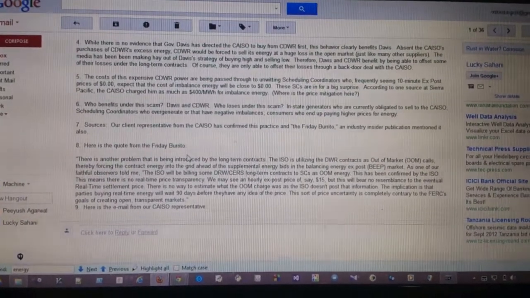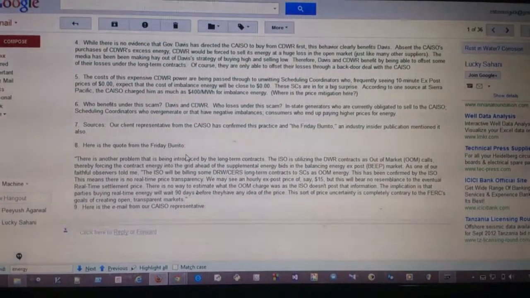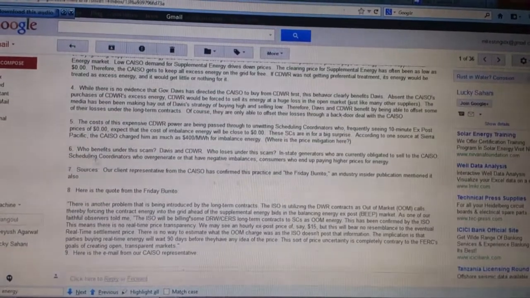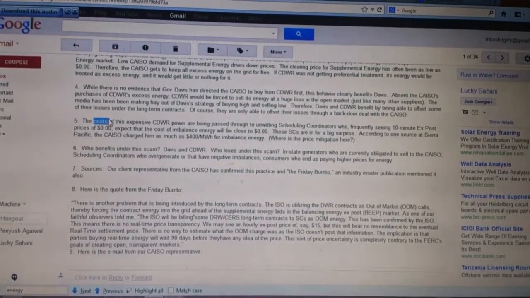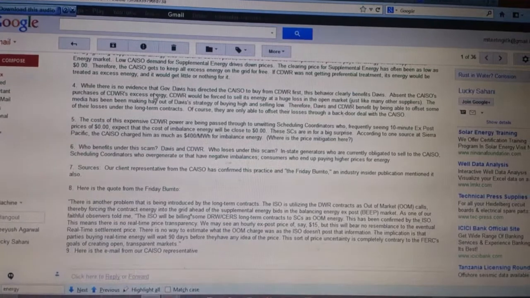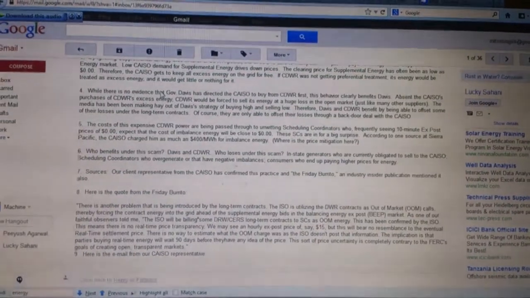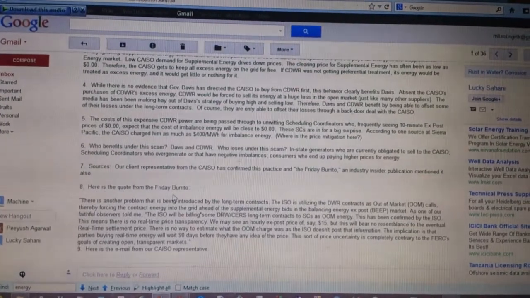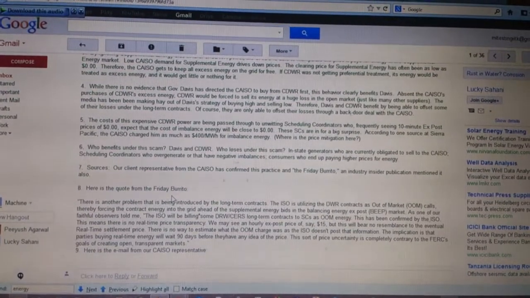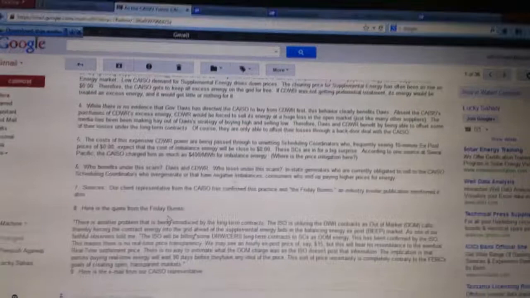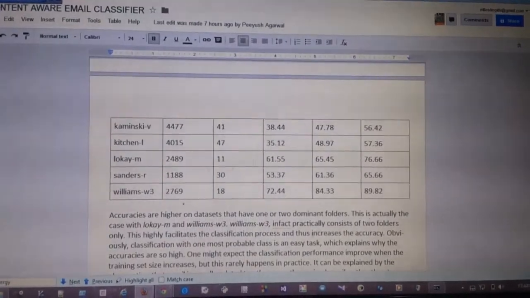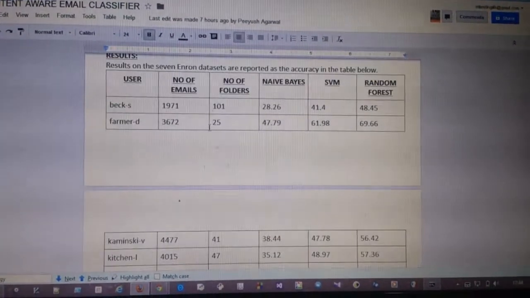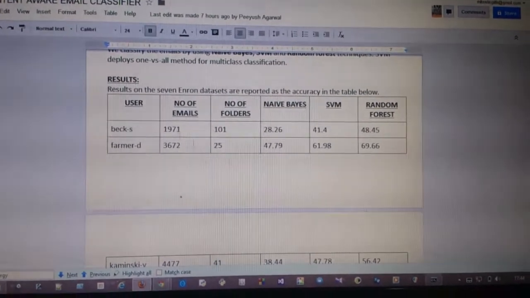We used POS tagging to remove the redundant features from the feature vector. For example, the words the, of, that, these redundant words have been removed by using POS tagging. We implemented various algorithms like SVM, random forest, naive Bayes, etc. on the Enron mail data, and the results are present in the documentation which you can see below.